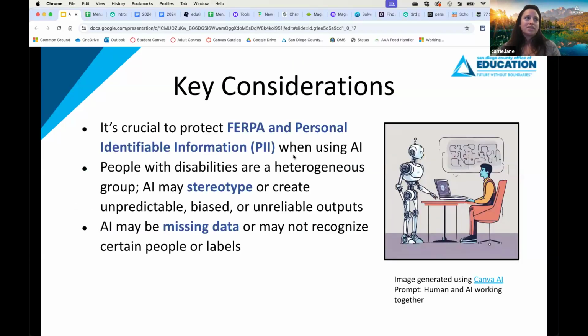And we are almost at time. So just a couple of things we've already talked about: as you're using AI, make sure that you are protecting your students' information. And a couple of other things that are interesting to think about: AI as a whole tends to, because it picks up from lots of bodies of information, sometimes stereotype and create things that are not necessarily going to meet the needs of your learners immediately.